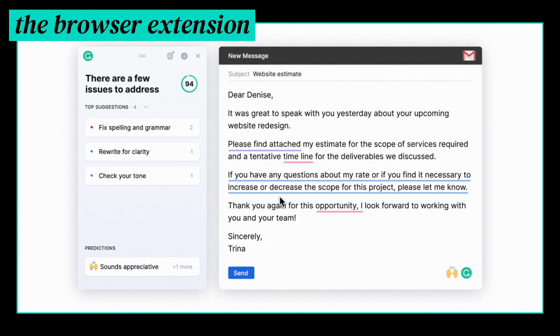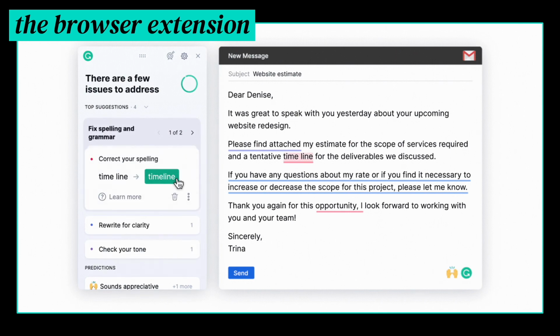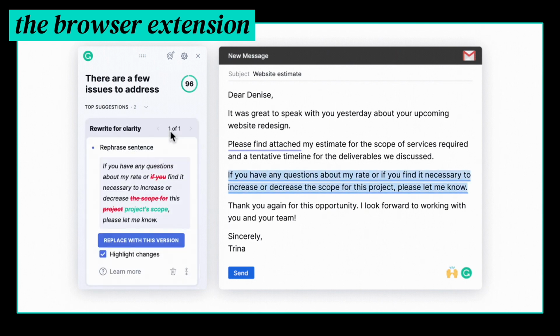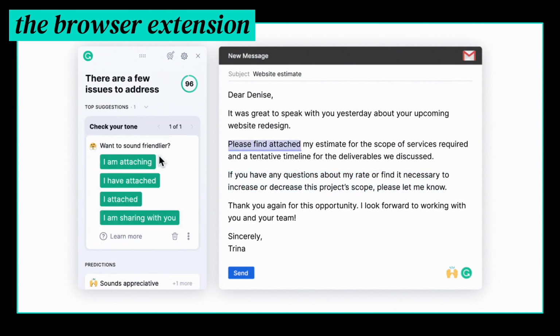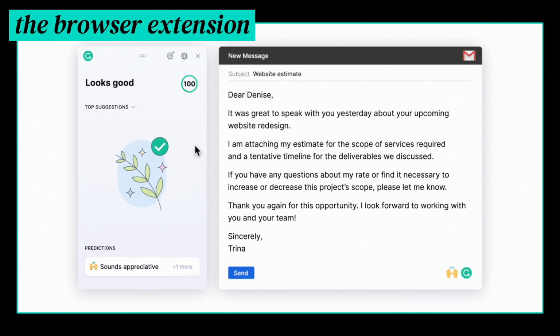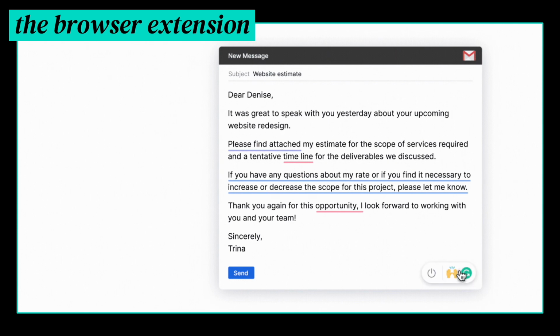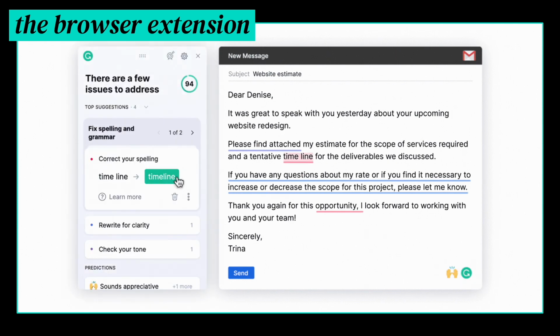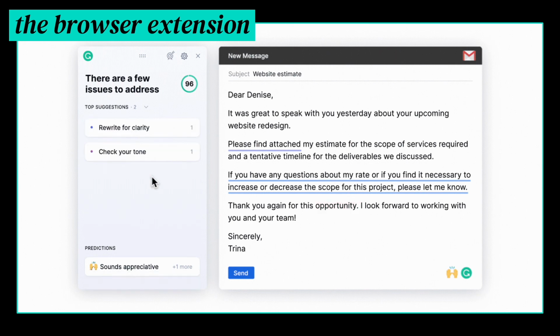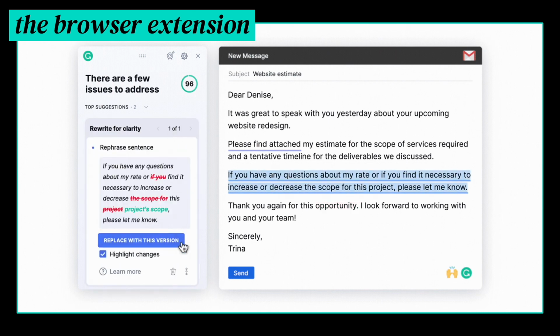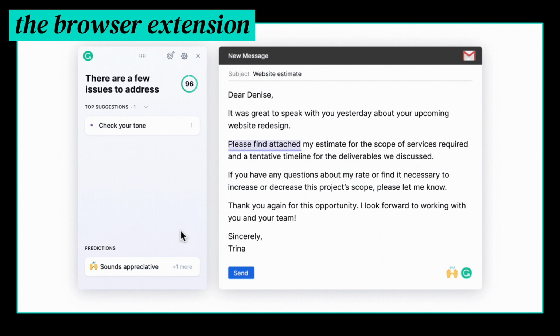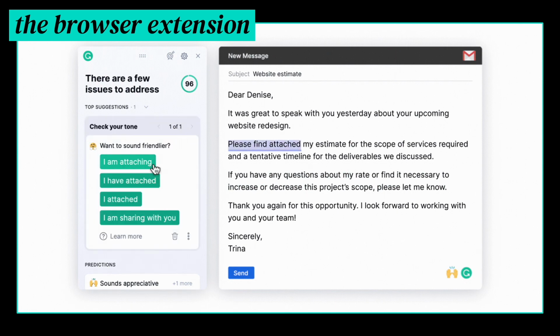This GIF shows the Grammarly browser extension in Google Mail. When you have the browser extension enabled, you'll see the Grammarly logo appear in the bottom right corner of emails as you write them. If you click the logo, Grammarly suggestions about spelling, grammar, and punctuation will appear. To the left of the Grammarly logo, an emoticon will appear that predicts the tone of your email. In this example, Grammarly is indicating that the email sounds appreciative, likely due to the presence of words like great and thanks along with exclamation points.